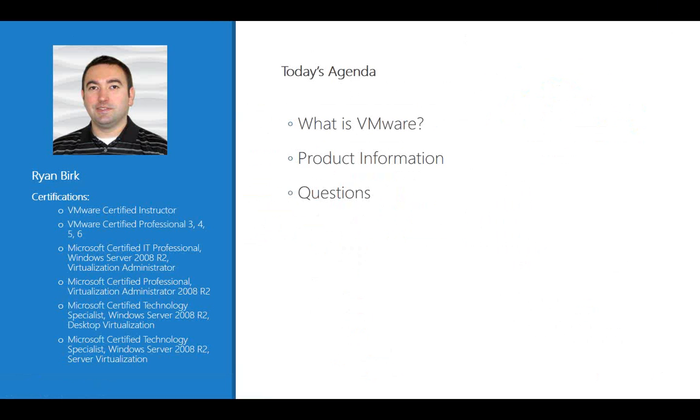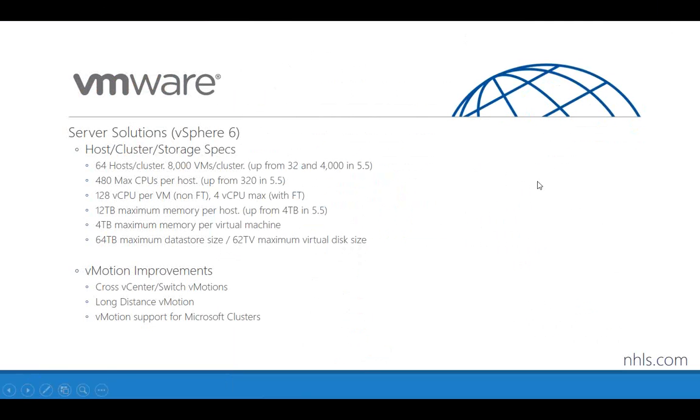We'll talk about some of the new stuff, vSphere 6, the different tools. VMware's got lots of different tools that we're going to go through. So in terms of what we've got, again, focusing on vSphere 6, we'll just talk numbers, what VMware can do for you in terms of host, cluster, and storage specs. In vSphere 6, 64 hosts per cluster. You can do 8,000 VMs per cluster. They've bumped these numbers up, so it scales really well in a lot of environments.